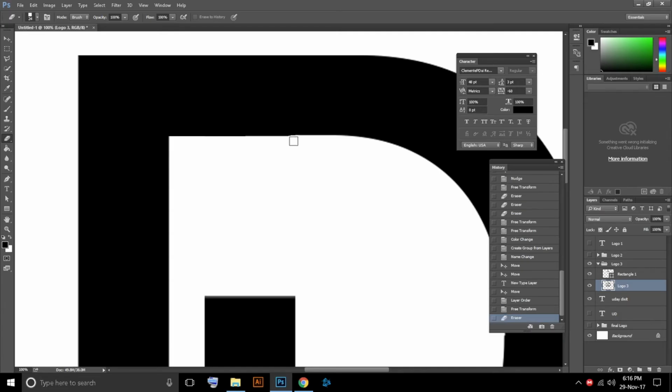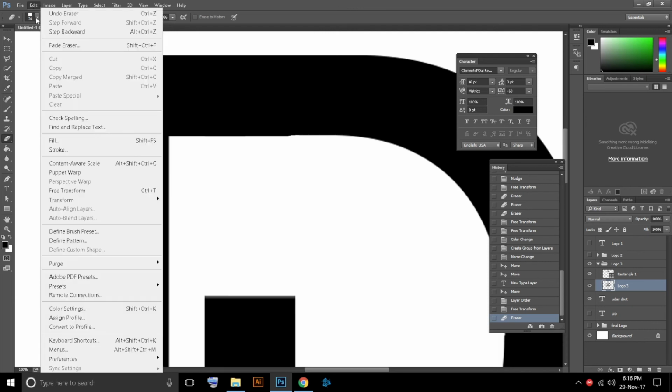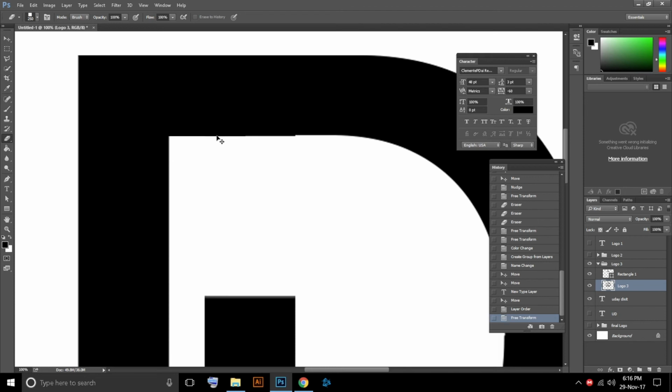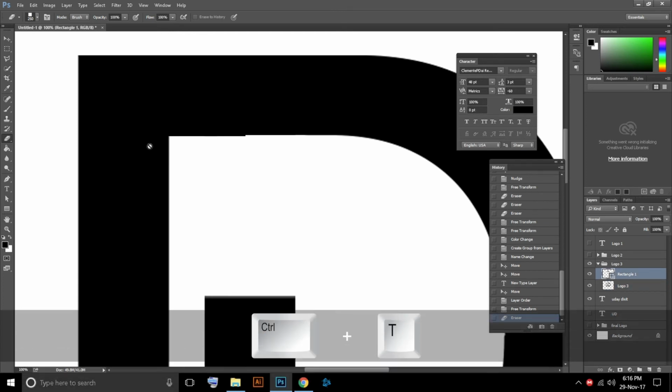So I'm just going to choose the razor tool and try to remove it. I'm just going to undo it and increase the size. Why isn't this removing? Okay, that's because this is the rectangle and not the D. Okay, makes sense. So I'm just going to select the rectangle and then Ctrl T to resize it and just drag it up